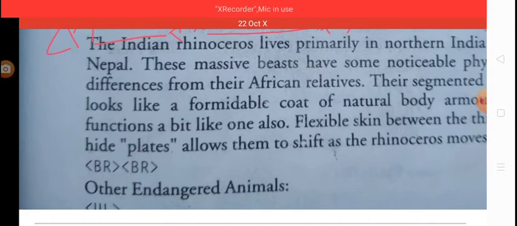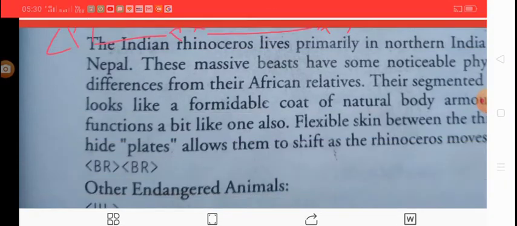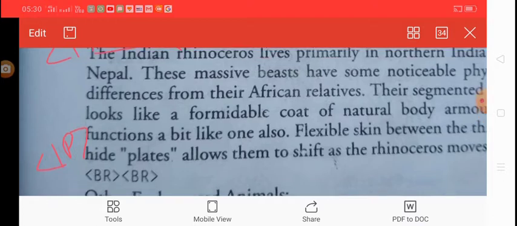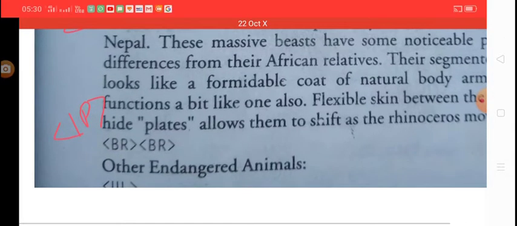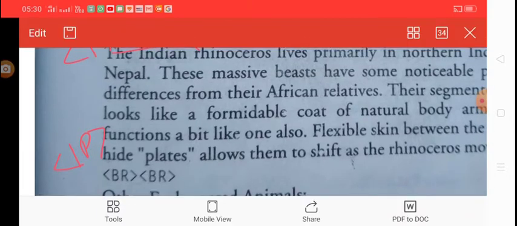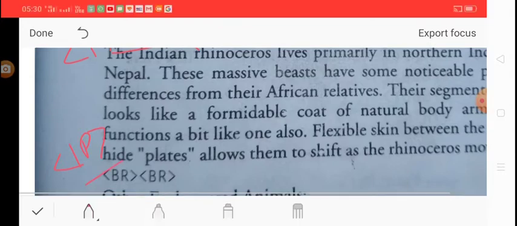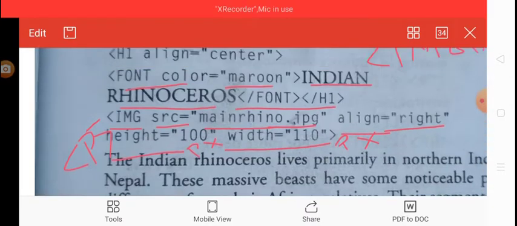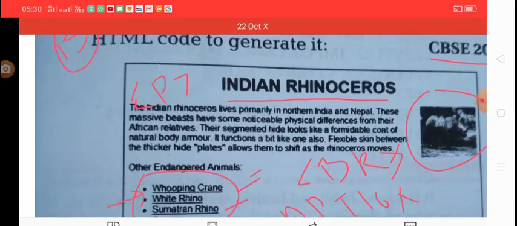Just after the paragraph, the br tag is used. Actually two br tags are used, because in the diagram you can easily see here, look at the diagram, look at the web page.